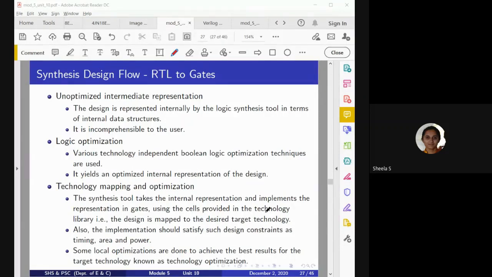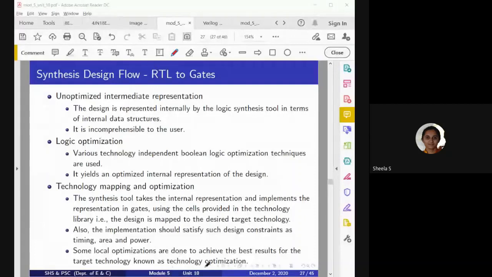Okay, and before coming to technology mapping, first it will optimize. While optimizing, it will consider general optimization for all vendors. But when it comes to technology mapping, then for a specific vendor, he will specify the technology library, and based on that, further optimization can be done.